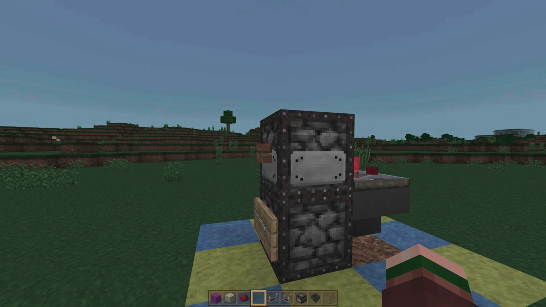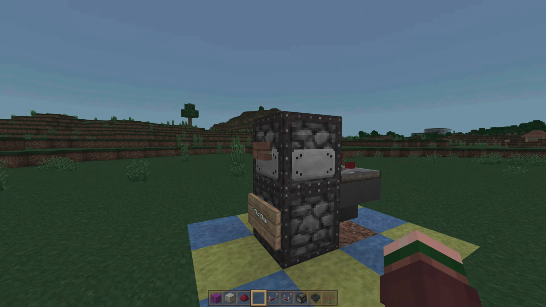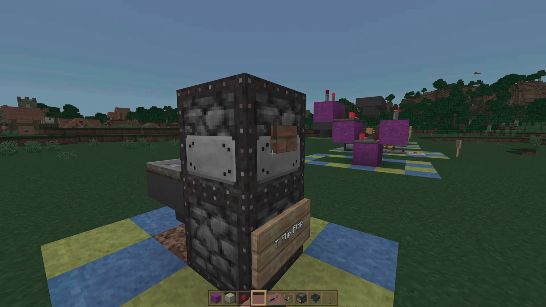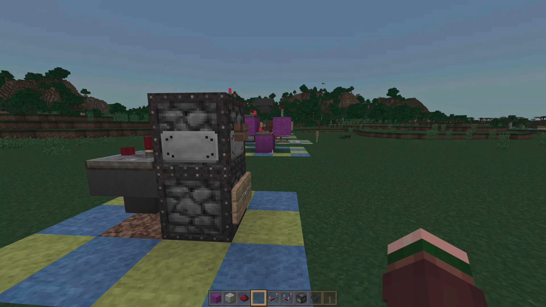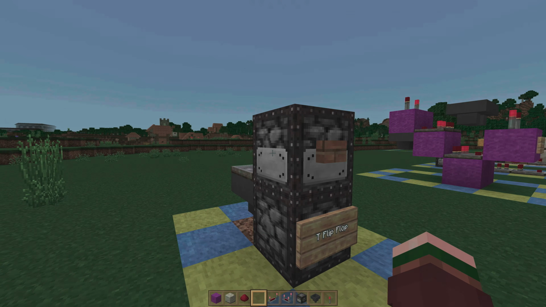So rather than having a lever facilitate an on and off state, you can have this contraption anywhere inside of your redstone build, hook up either a button to it or any other type of redstone signal, and that will allow the state of whatever this is to be turned either on or off.